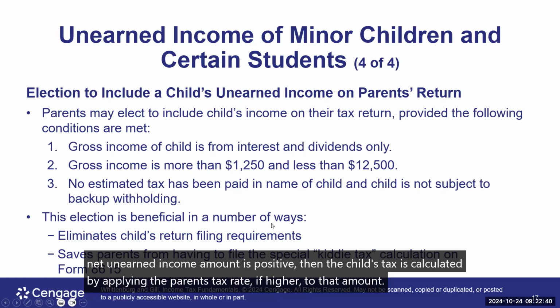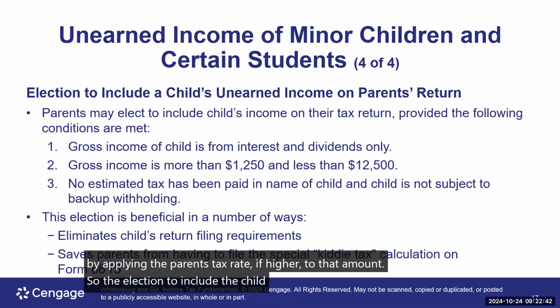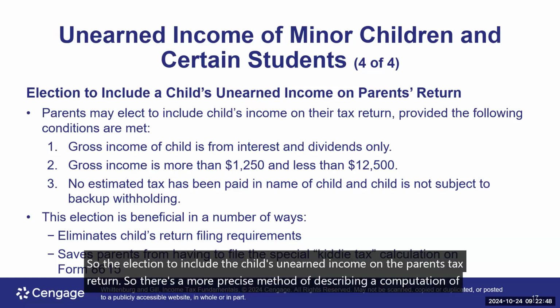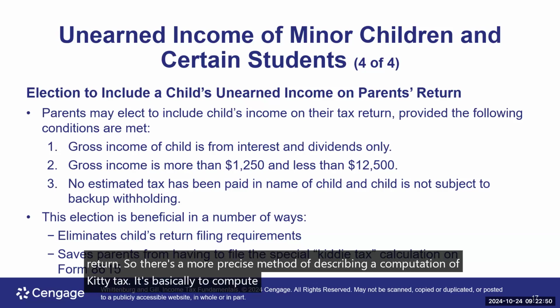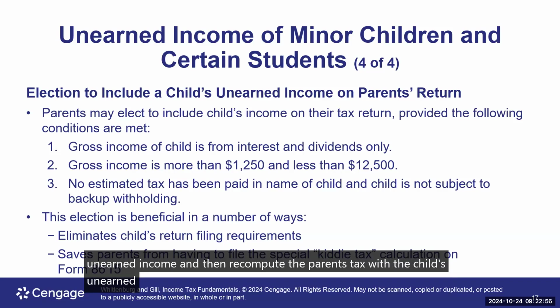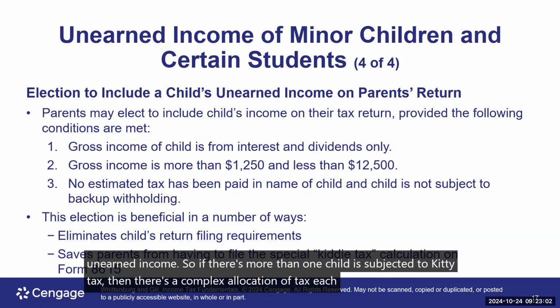So the election to include the child's unearned income on the parent's tax return. There's a more precise method of describing the computation of Kiddie Tax. It's basically to compute the parent's tax without the child's unearned income and then recompute the parent's tax with the child's unearned income. So if there's more than one child that's subjected to Kiddie Tax, then there's a complex allocation of tax to each child, and they would use what's called Form